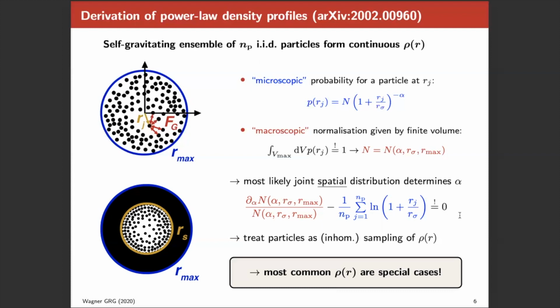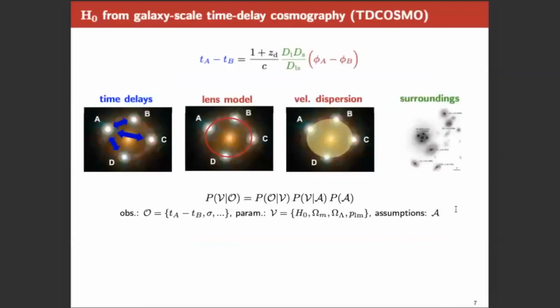And this means we now have found a fundamental principle and a fundamental theory which motivates why these power law profiles are good mass density profiles. This is a very good step forward in order to reason why these lens models are actually good lens models to break this degeneracy in the lens plane. Now let's have a look, what can we do with it?